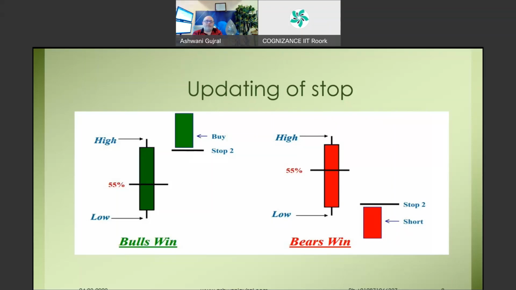If there is good demand in this zone, you will see multiple green bars happening all at once. So what happens is that this green bar, the first one, is called an initiating bar. So possibly before this bar, what you have is a congestion zone, a sideways type of zone out of which this green bar has emerged and that has given you a signal. Similarly, on the red bar, once you get enough on the second red bar, you can update your stop to the high of the second red bar.